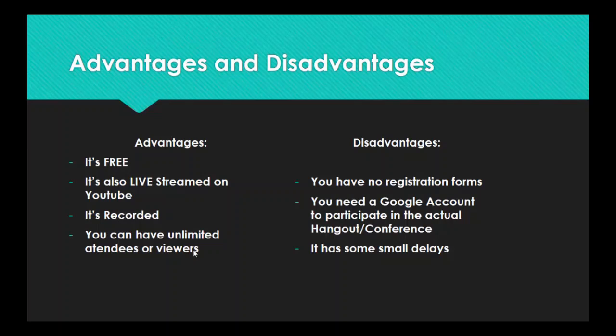And you can get organic traffic from YouTube and Google and other things like that. So it has some benefits. And probably another very big advantage is the fact that you can have unlimited attendees or viewers. So you are not limited, for example, like GoToWebinar to 1,000 attendees, okay. You can have 5,000 if you want to. You can have even 10,000 viewers at the same time. Some of them actually watching your Google Hangout in the Google Hangouts app. Some of them watching you on YouTube, okay? So it doesn't matter.